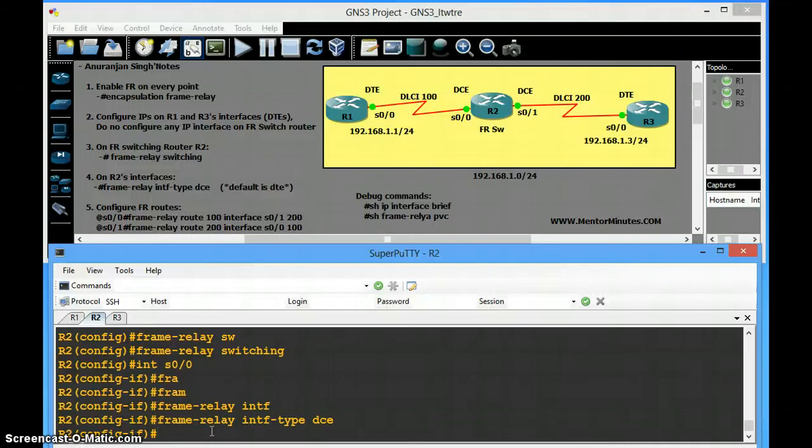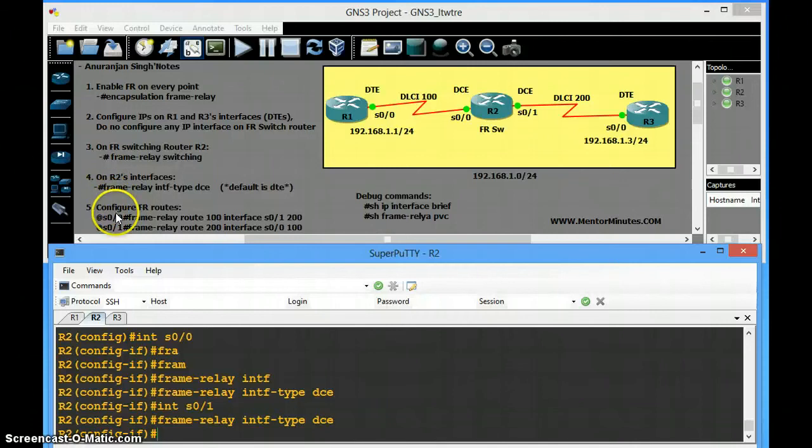The other interface s/0/1, this one again DCE. So now both interfaces have become DCE because switching and cross connect is possible with the DCE here. So far we reached till step 4.